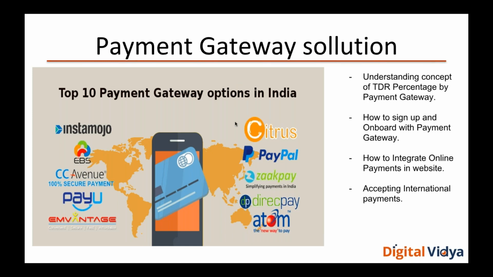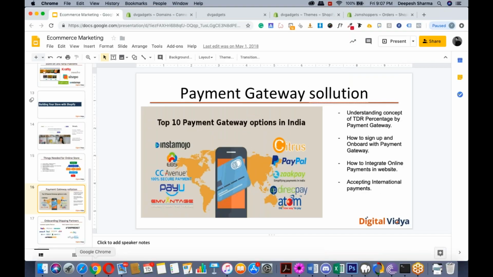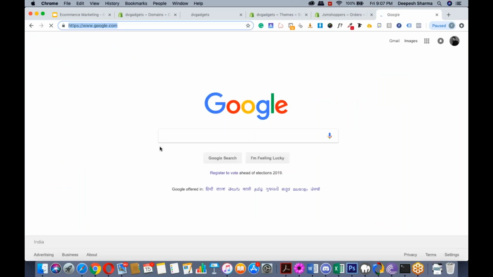Let me show you some website if you want. So if I go to, you could have multiple gateways. One is more than enough if that's a good company. So if I talk about CC Avenue,